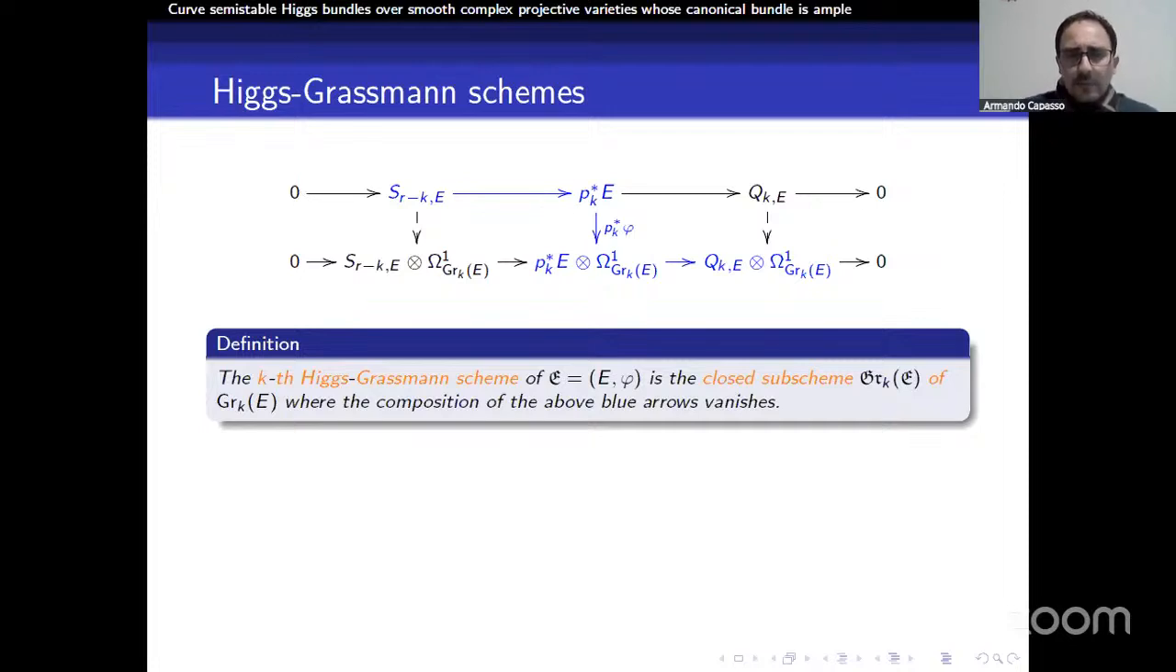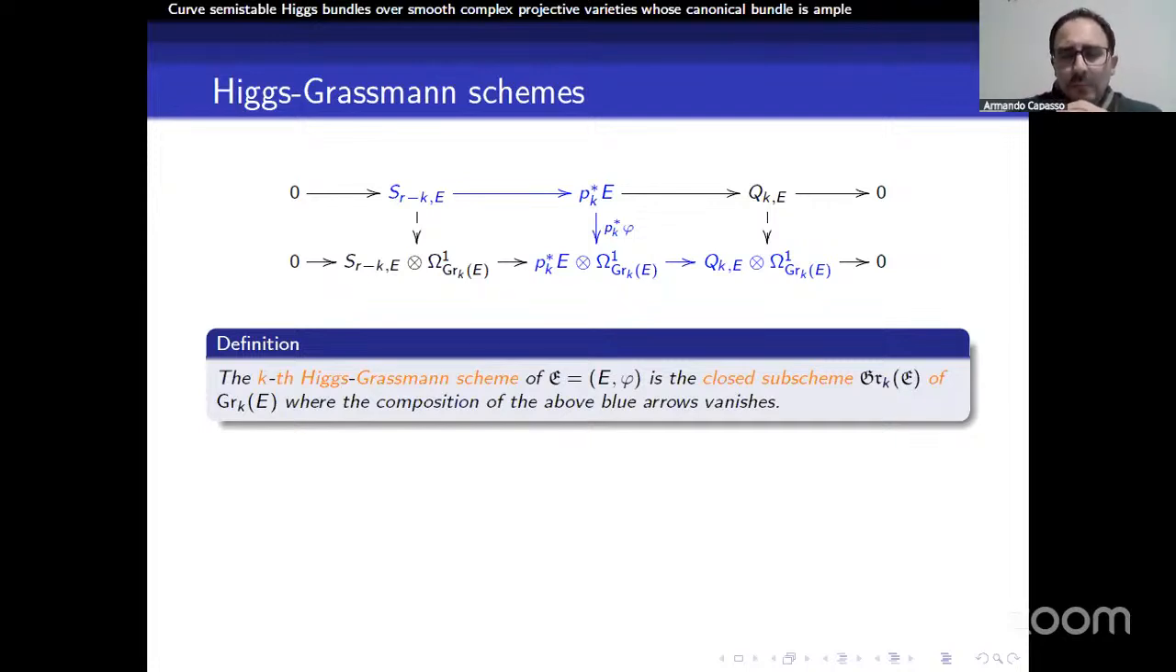Okay, for any S between 1 and R minus 1. Of course, because I'm considering Higgs bundles, I can pull back the Higgs field from E to the pullback of E. One can twist this universal short exact sequence by the cotangent bundle of the Grassmann bundle and obtain another short exact sequence because the base